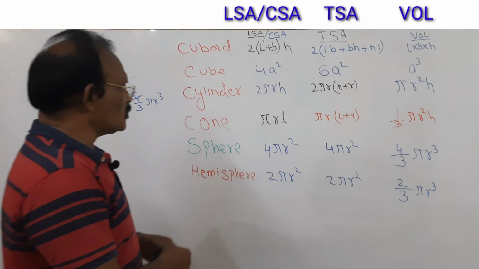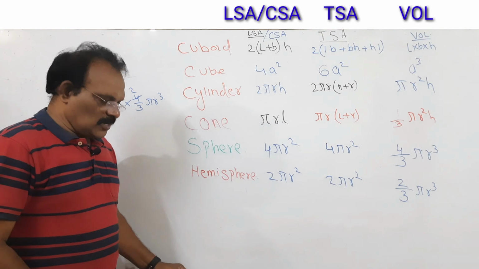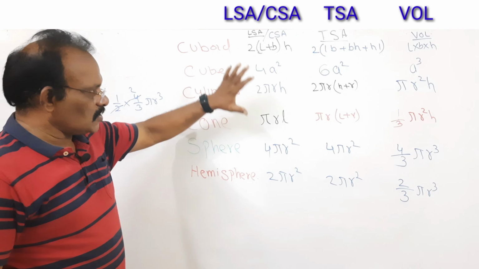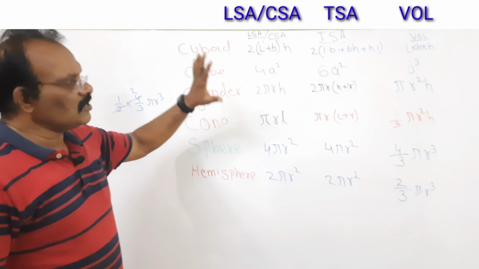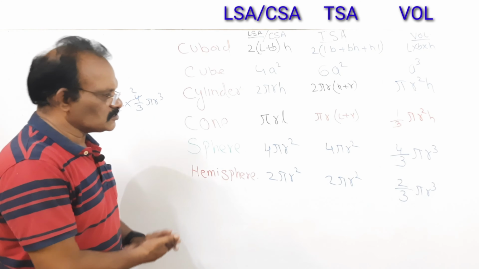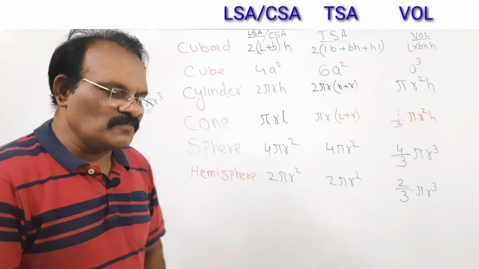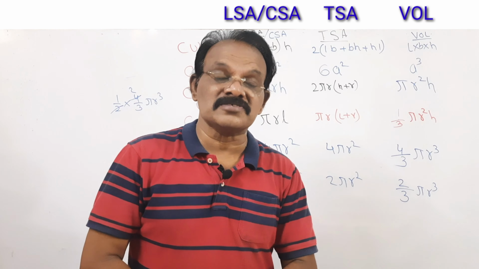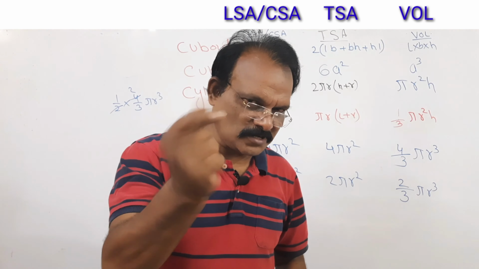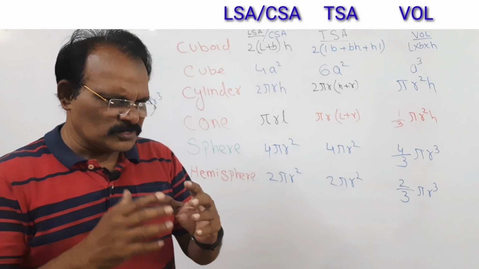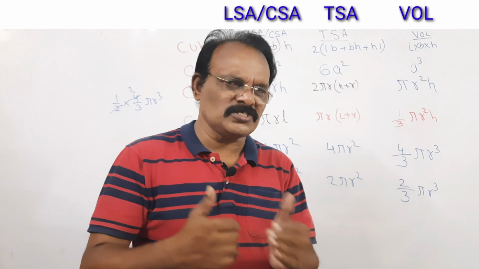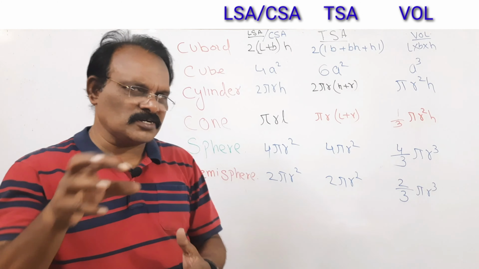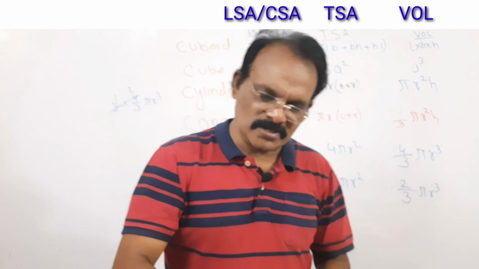Now this is the simple trick to follow all the surface areas, total surface areas and volumes. If you practice this thoroughly, I think every sum of exercise right from 13.1 to 13.6 you can do very easily. So we will see a few sums from each exercise in the next episode, how these formulas are implemented in the sums. Till then, bye.